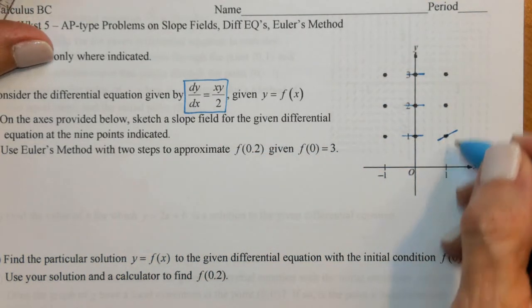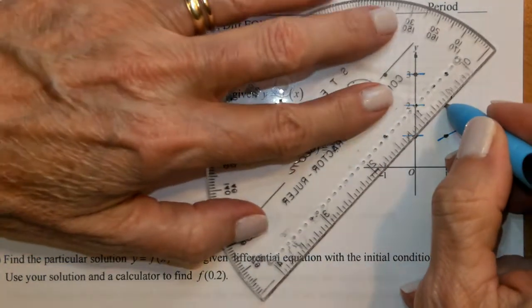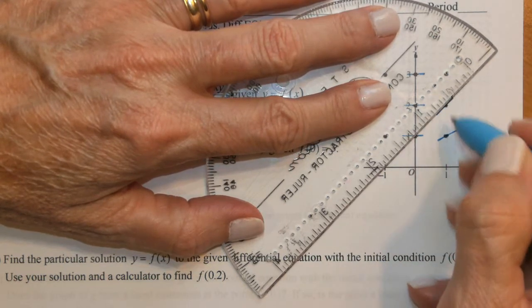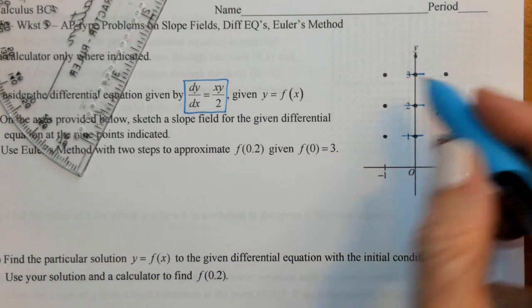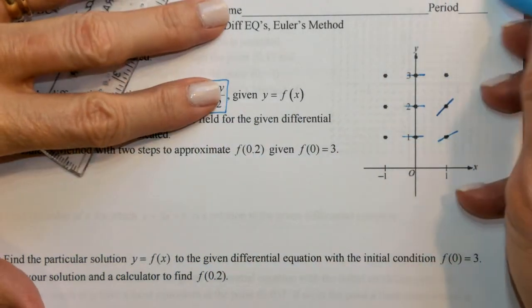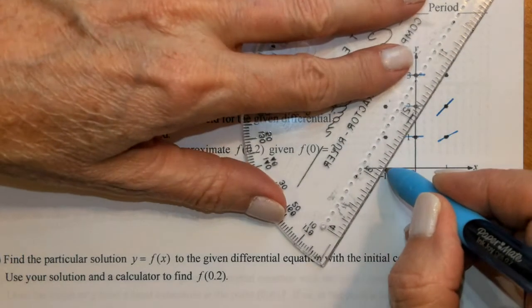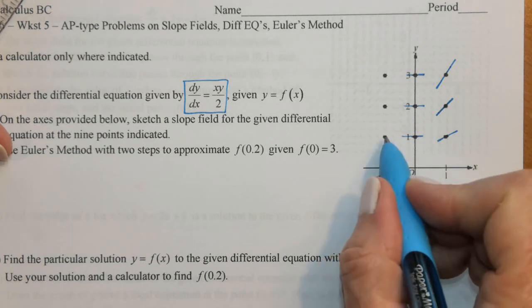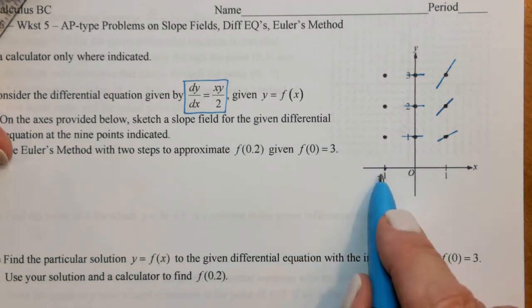At the point (1, 2), I'm going to have 2 over 2, which is 1, so that slope is going to be a 1. Up 1 over 1, or down 1, left 1. And then at the point (1, 3), I'm going to have 3 over 2, which is up 3 over 2, or down 3, left 2. Like that. Okay? At the point (-1, 1), I'm going to have -1 over 2, so down 1 over 2,